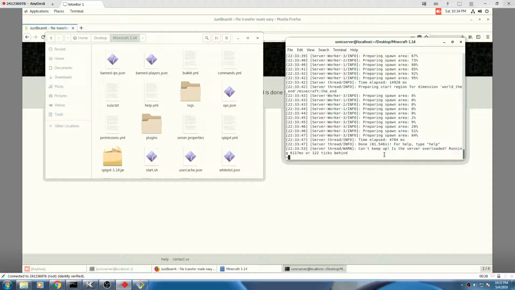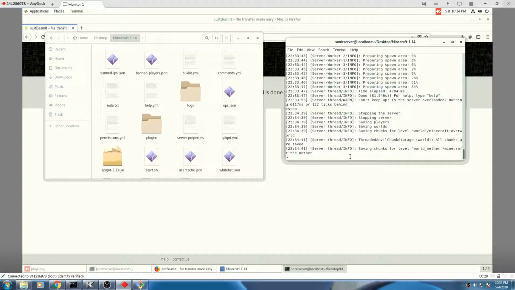I might say ignore it because I've seen this error pop up sometimes, so I don't think you should worry about that error if you plan on making a 1.14 server. But keep an eye out for updates on the Spigot website if you're following this, or if you're just creating your own. So I'm gonna stop this,